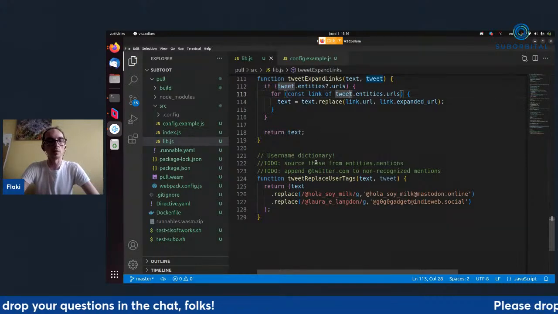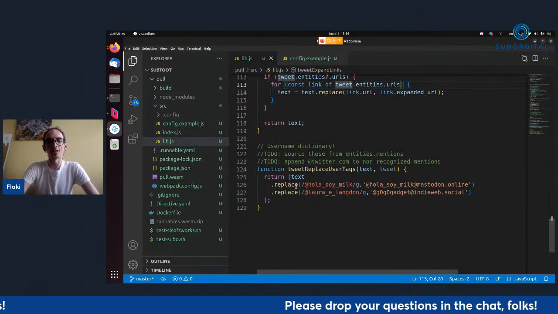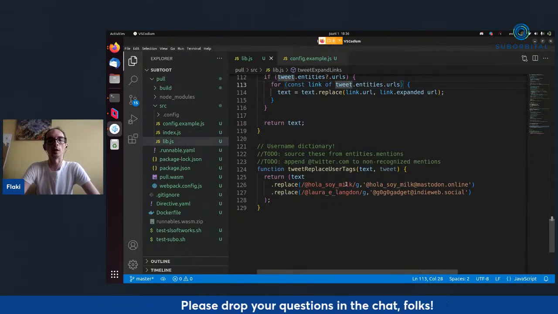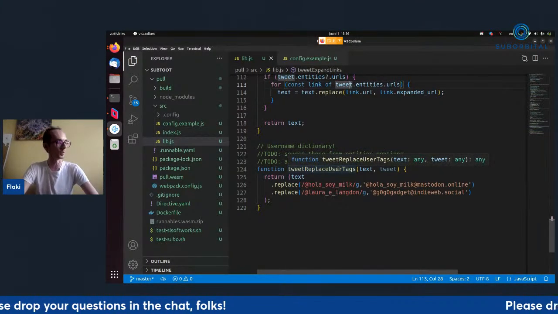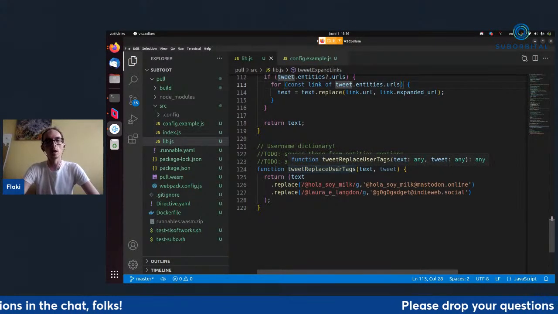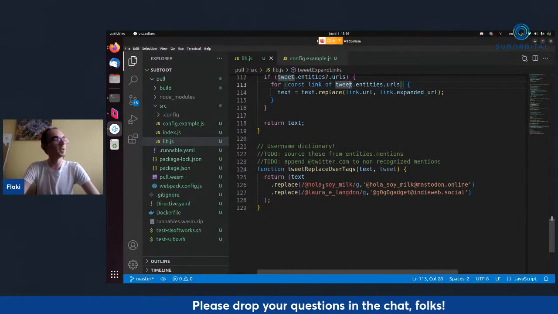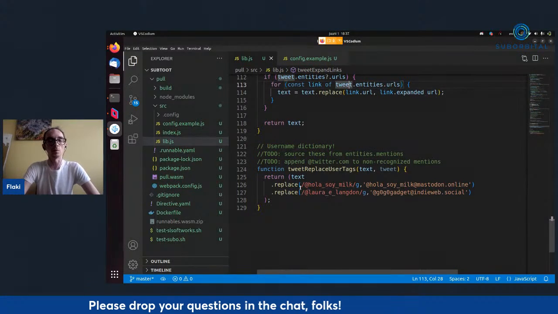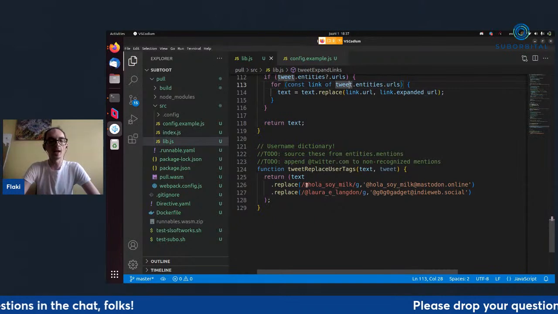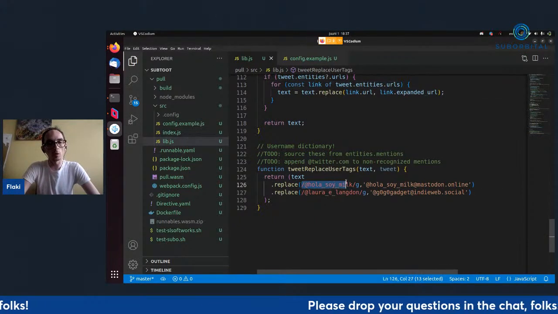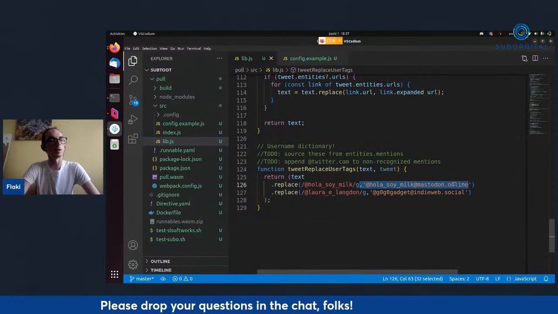And if that wasn't enough, we have a third filter where we actually have a dictionary. Again, this is just a thrown-together thing. You can do this much nicer. Twitter actually gives you back the tagged users as well in the API response, so there are many better ways to do this. But Portman's way of doing translation is we literally just have a dictionary here in our application that says, hey, if the Twitter mention is this, it will have to be adjusted because of this peculiarity that I mentioned about